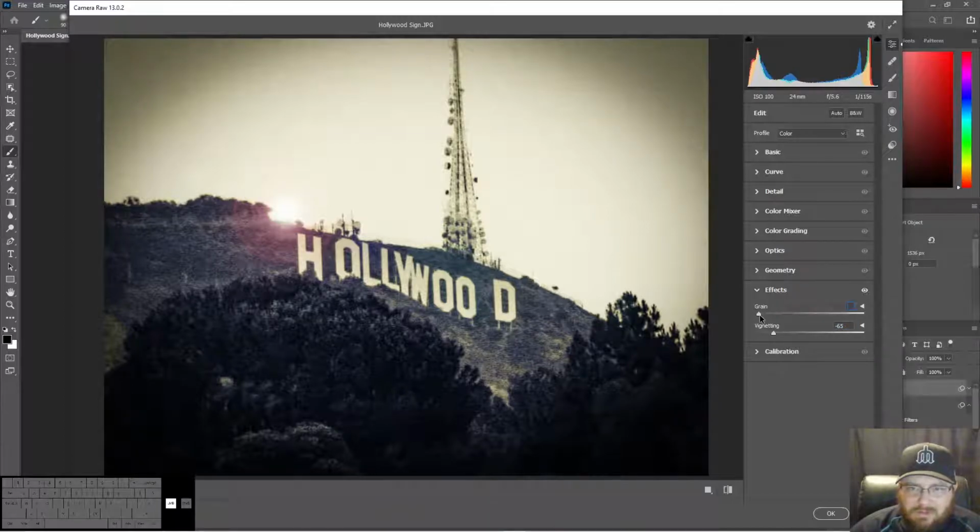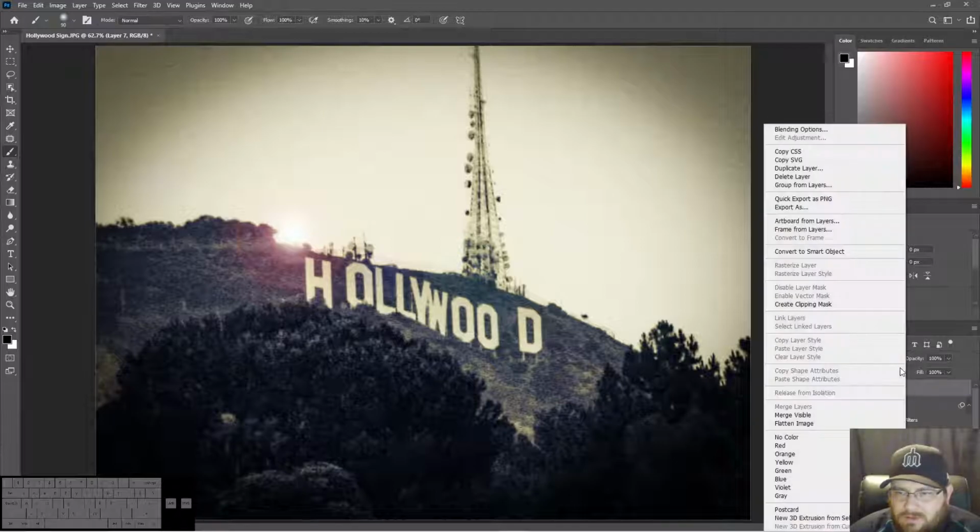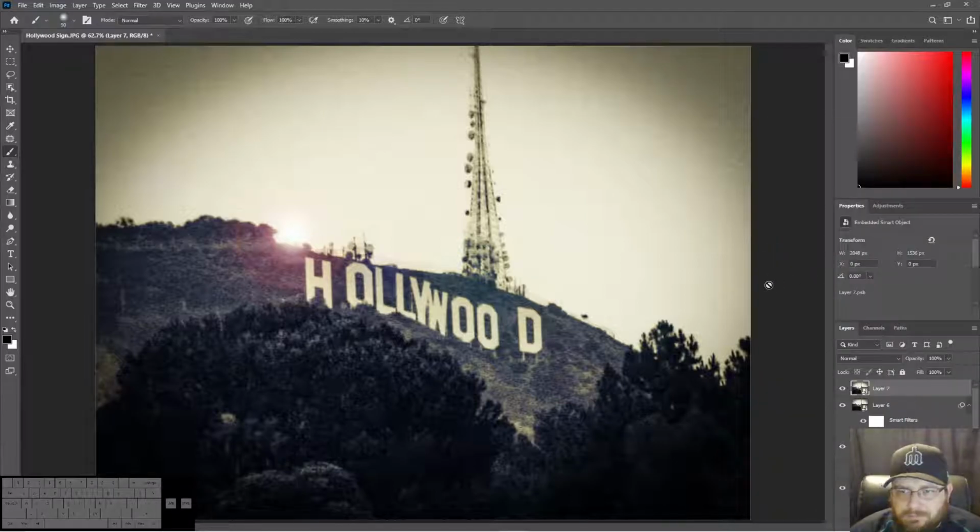So you can add a little bit of graininess to it, but not too much. Yeah, I think that's good. Alright, again, Control Alt Shift E. Turn it into a smart object. And it's really transforming this into something looking old and a lot more interesting than what we started off with. But then my next idea for this,